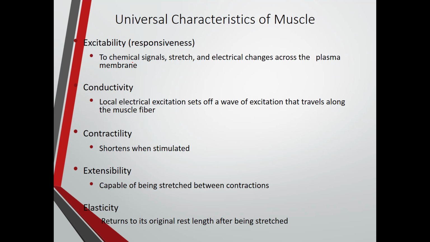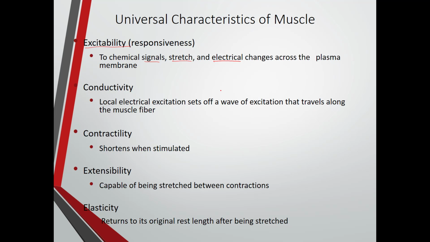Muscle or nerves. Now we also need to talk about muscles. They are excitable. They can respond to chemical signals, to stretch, which would be a mechanical signal, and electrical signals. So lots of different chemical, electrical, mechanical across the plasma membrane. And conductivity, so they're able to set off a wave of excitation that travels along the muscle fiber,